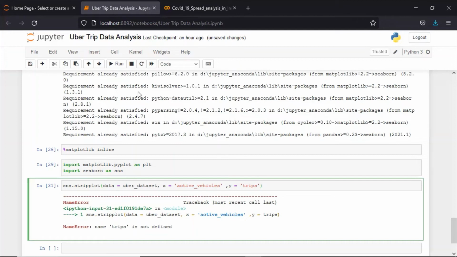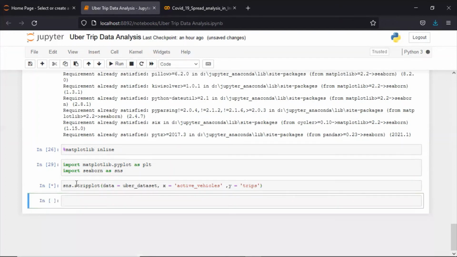So let's rerun this code. Now this code is taking some time. It will find out the relation between the columns. So let's wait for a second.